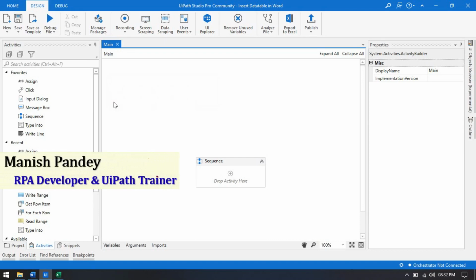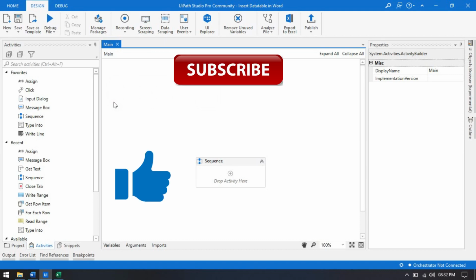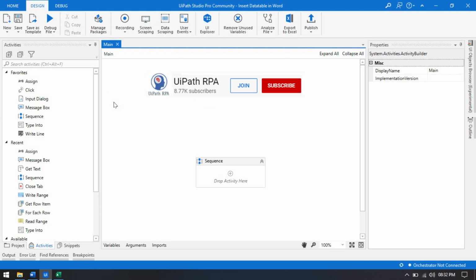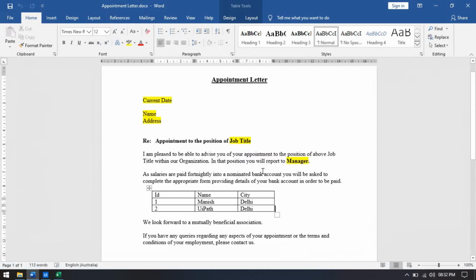Welcome back. Today in this tutorial we are going to learn how to insert data table in Word documents. So this is another tutorial of UiPath Word automation. We are going to see how to insert data table after any bookmark, or after or before any